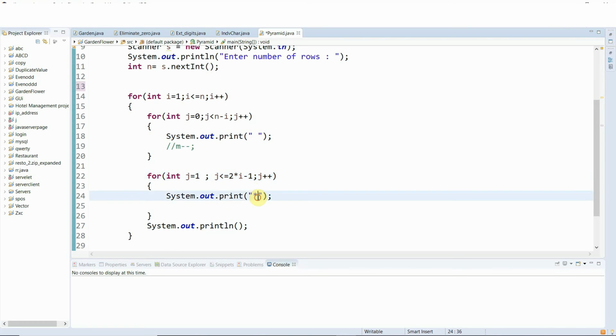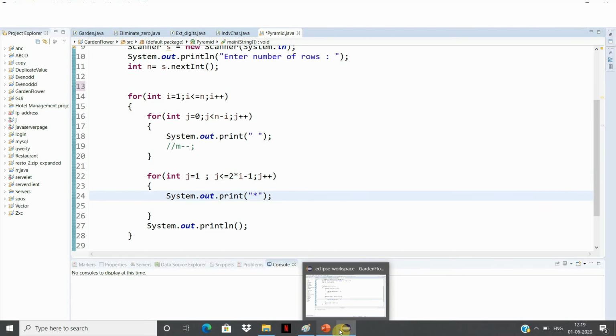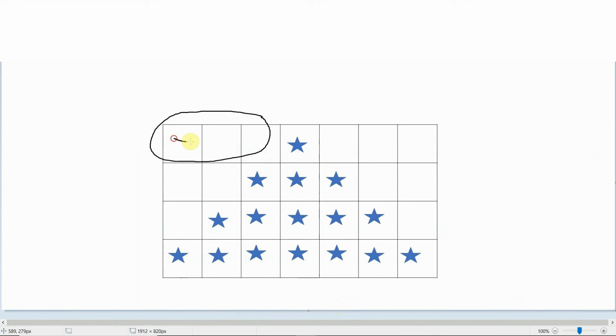So after the spaces are printed, using the formula 2 into i minus 1, we print the remaining stars. So we have to print 1 star.